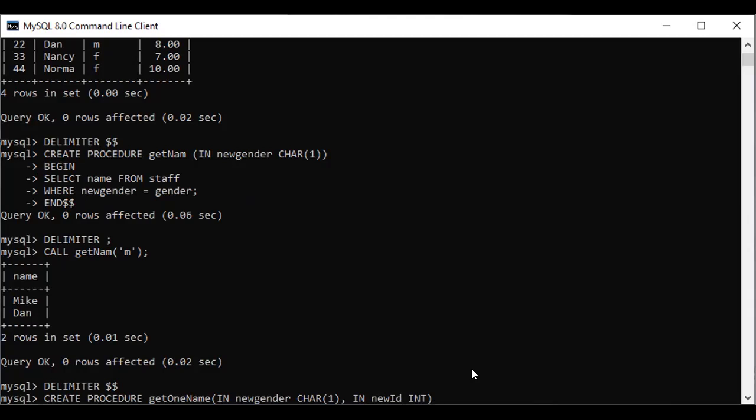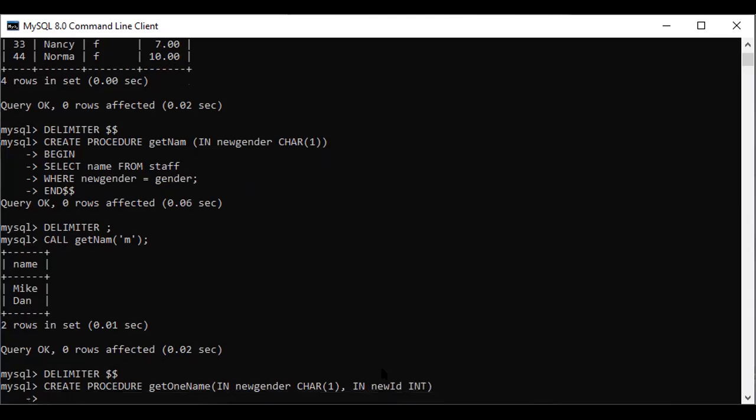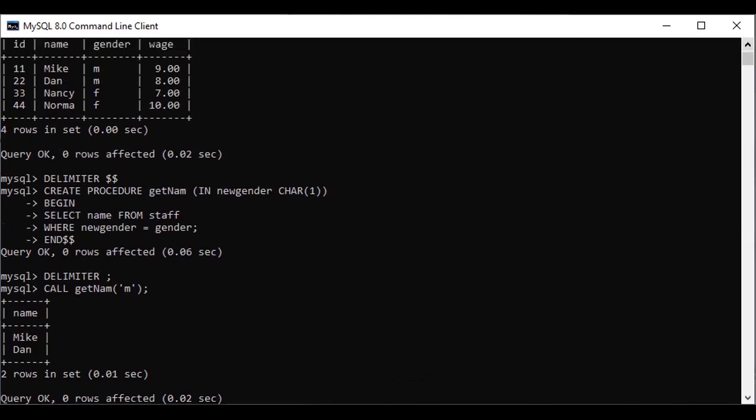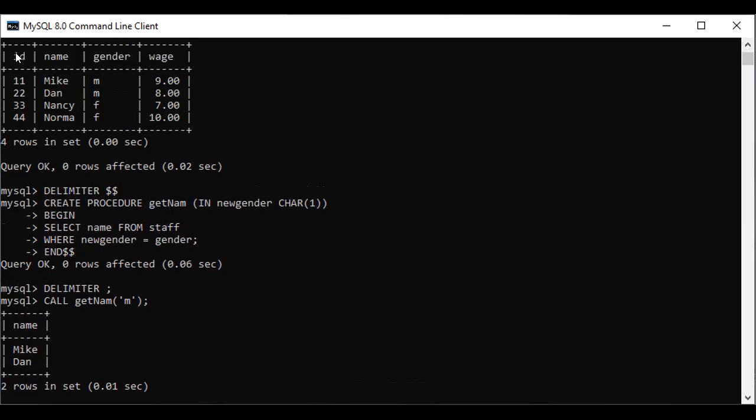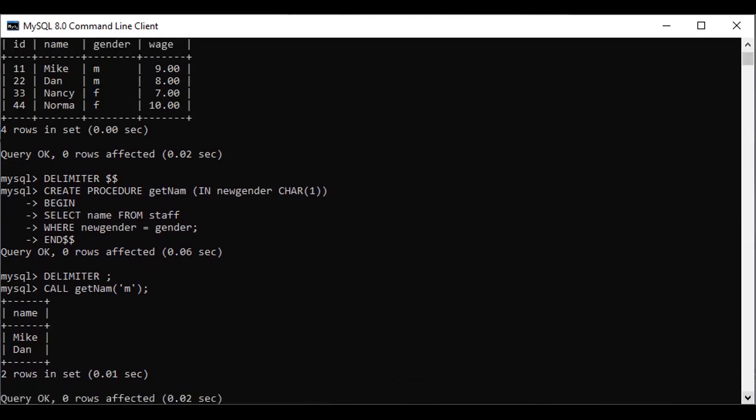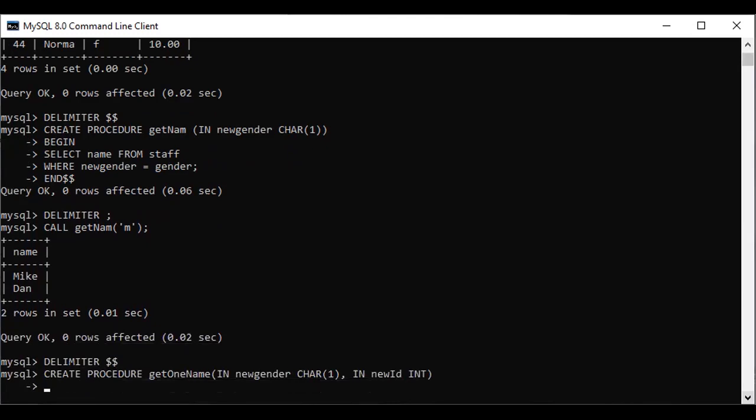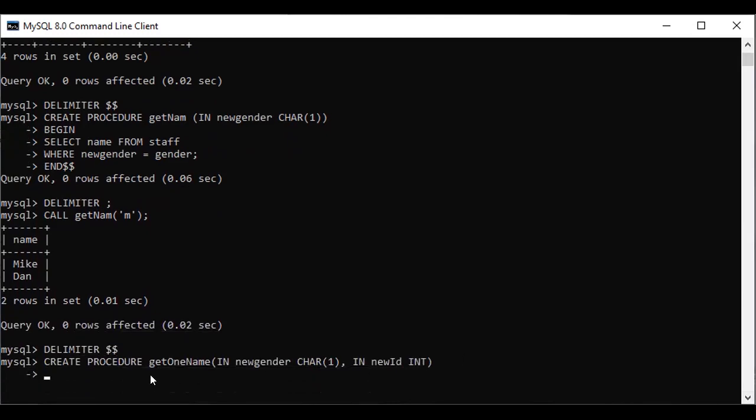So I created the procedure named get one name, and there are two parameters: new gender, like before, and to find the typical I created another parameter that resembles ID. The parameter name is new ID. Here is ID, so I make the new ID parameter to resemble ID.